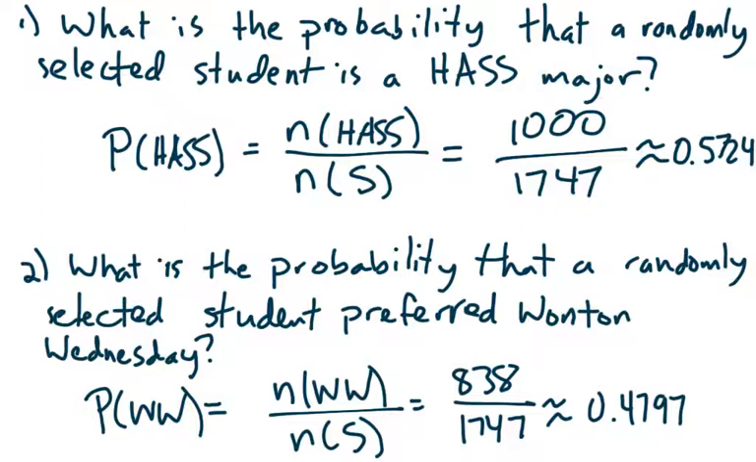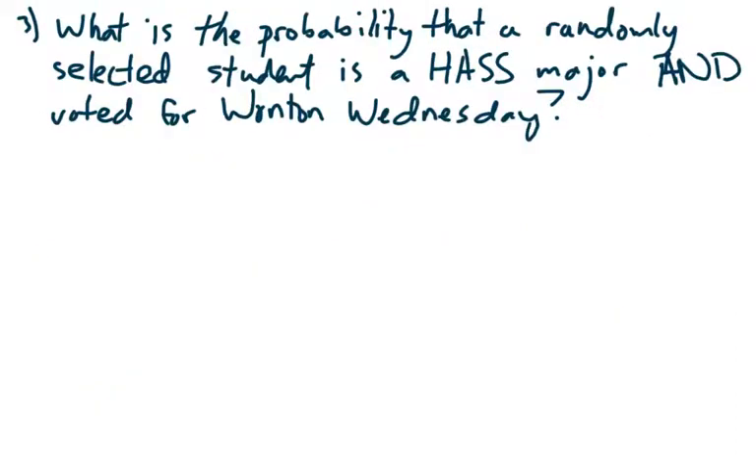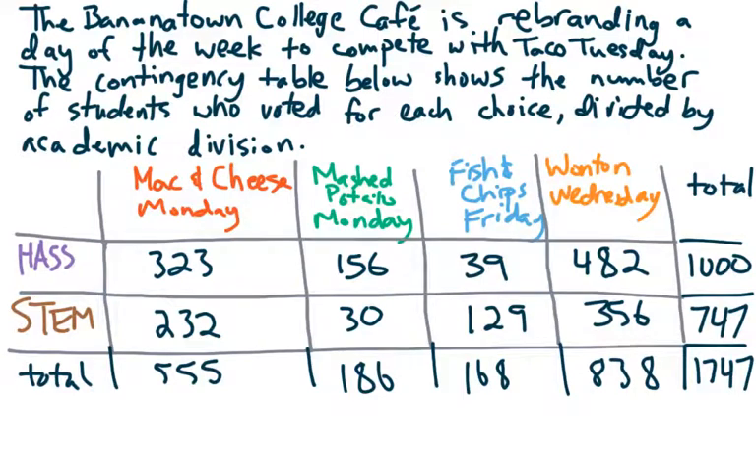Ready? So, the third question. What is the probability that a randomly selected student is a Haas major and voted for Wonton Wednesday? Which of these numbers in our table does that correspond with? So, all of these people were voting for Wonton Wednesday. These people were voting for Wonton Wednesday, and they had a certain major. These people voted for Wonton Wednesday and had a different certain major. The people who voted for Wonton Wednesday and were a Haas major